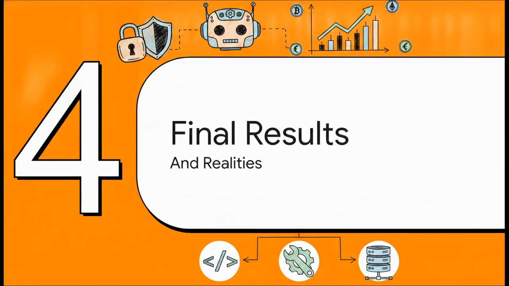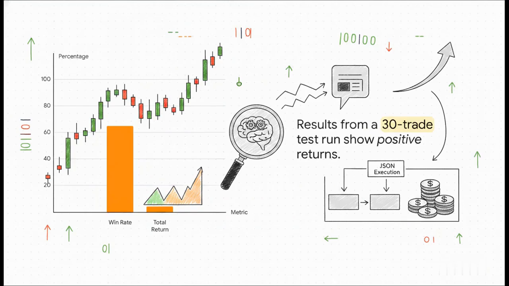Section 4. Final results and realities. All right, moment of truth. After a 30-trade test run, the final numbers are in. The bot achieved a 65% win rate, pulling in a total positive return of 4.2%. What does this actually mean? It means the AI successfully used its sentiment analysis and momentum reading to turn everyday news headlines into genuinely profitable